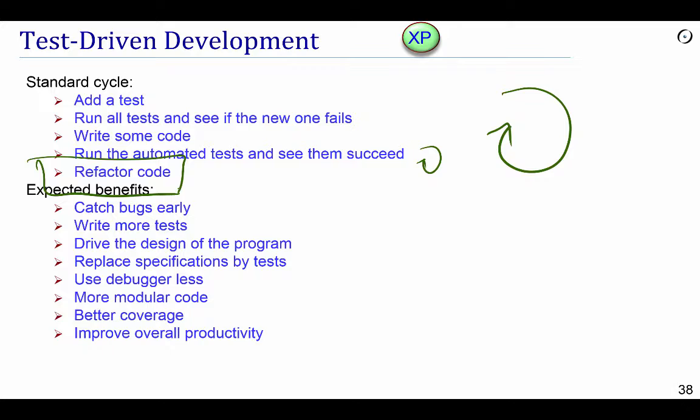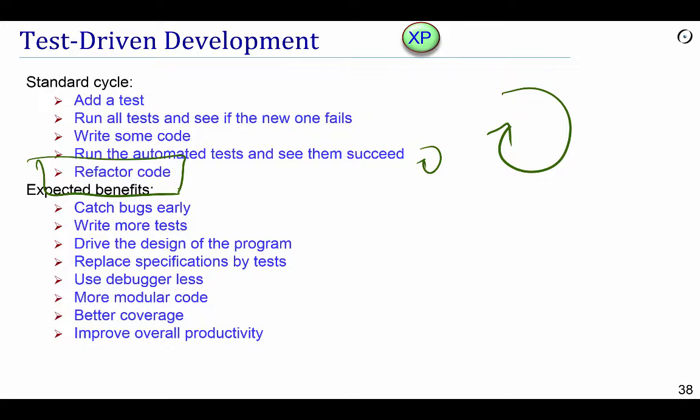So this last step, of course, is critical because if you didn't refactor, you would have very piecemeal code, right? If case number one, then do production of result number one. If case number two, produce result number two, and so on. This would not be very good code. So this is where refactoring, as studied in the previous segment, is critical to make sure that we keep the